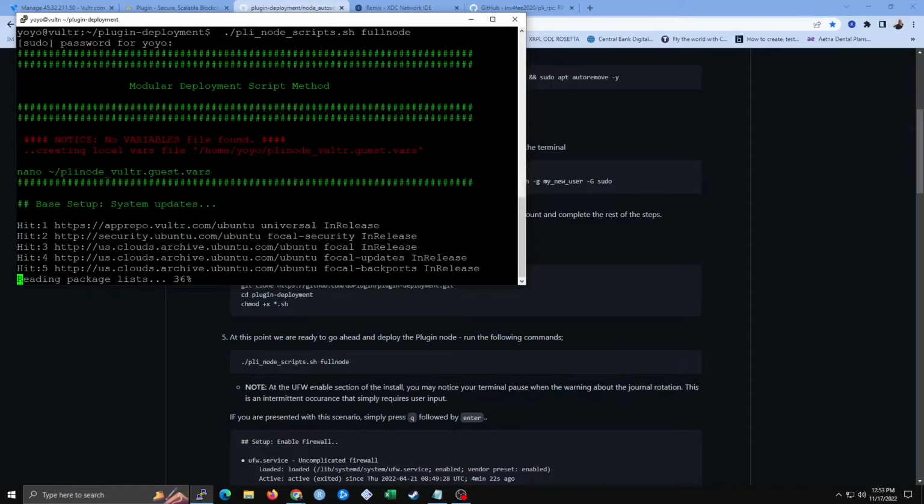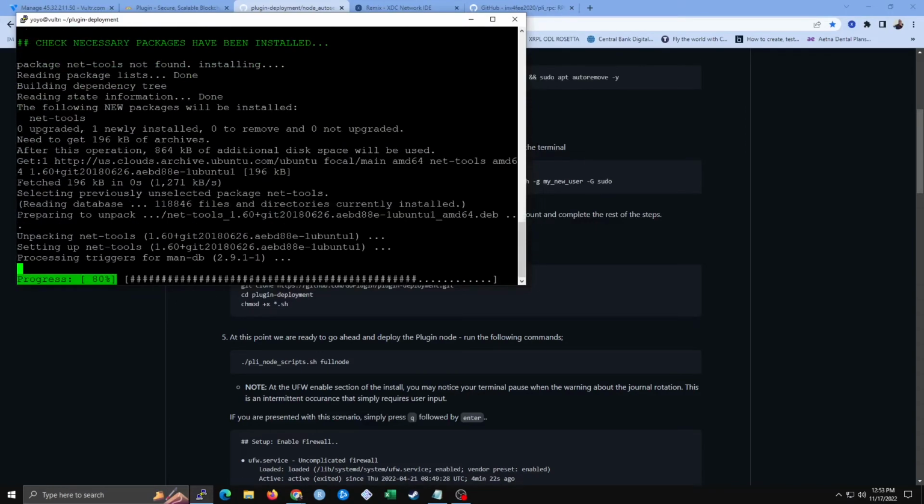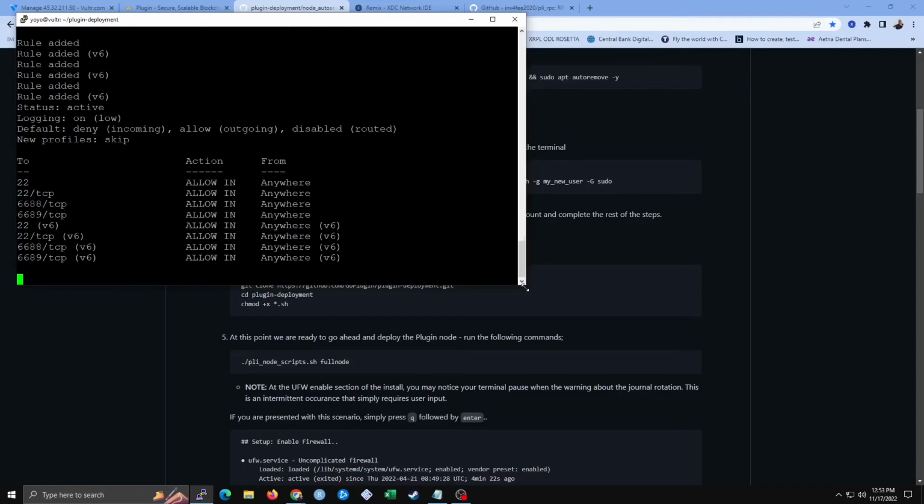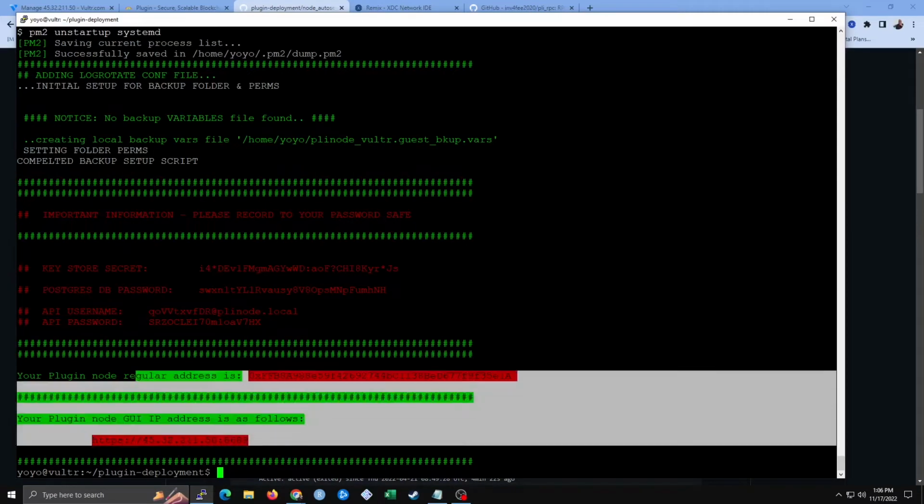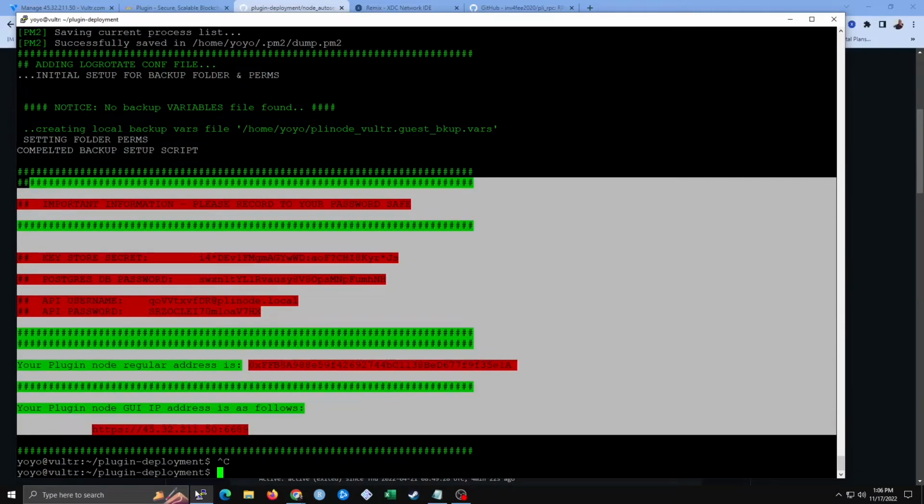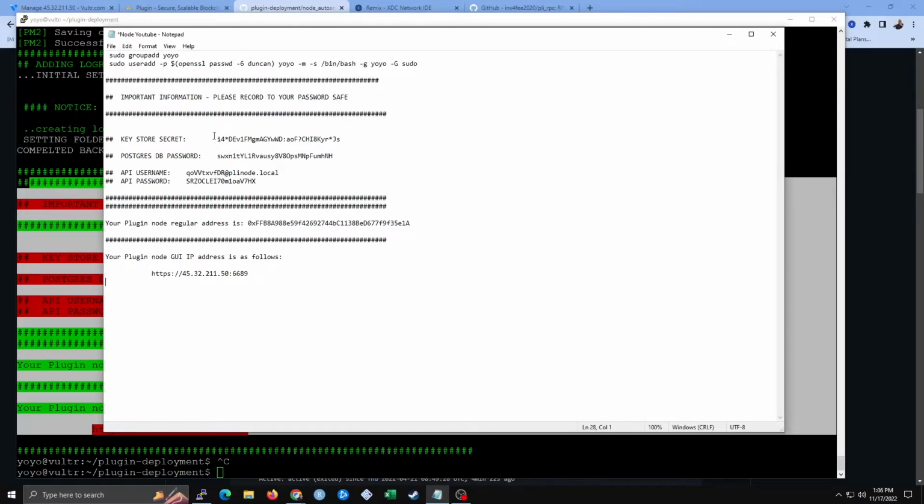And now our node is loading. This is going to take about 20 or 30 minutes, so I'm going to skip. Okay, now you should see important information. You want to copy all of that information, and then you're going to paste this information into your Notepad. Make sure you save into your Notepad,